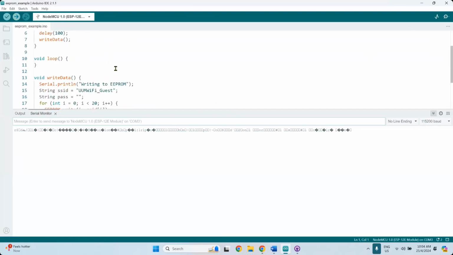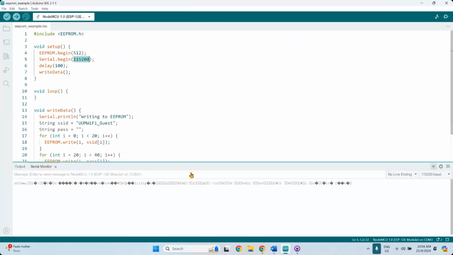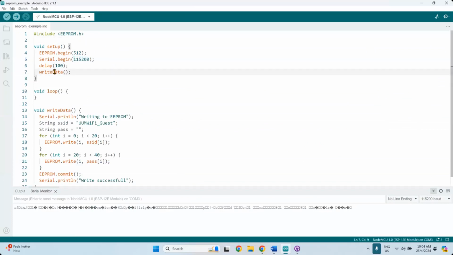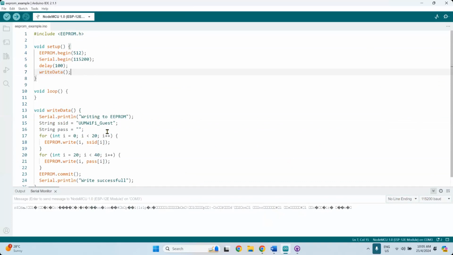Oh, I didn't put any... oh, there, level 5. Write data, should print it down there. I didn't call write data. Should be able to write and print out the information.